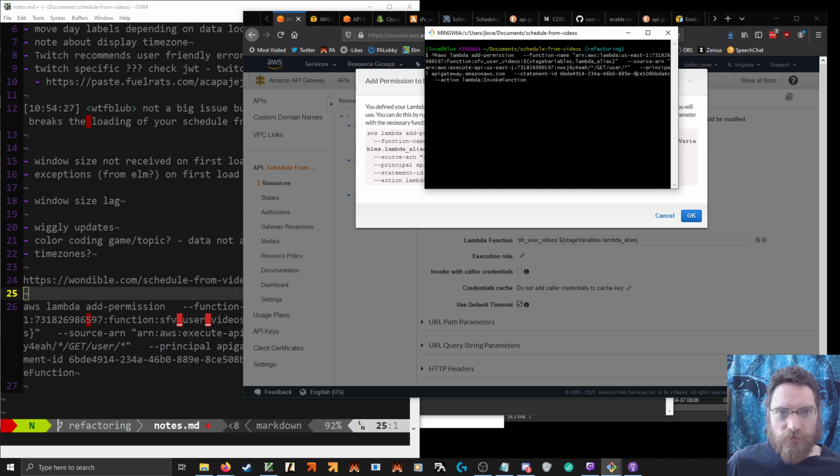Oh, I put that character in there. So I'd like to be able to say anything on this API can do it, but I don't know if this goes for arbitrary. Because like, that's only one path component here. So maybe I need star star.